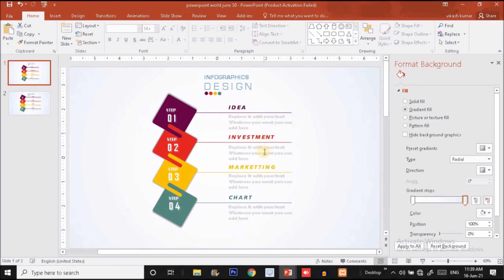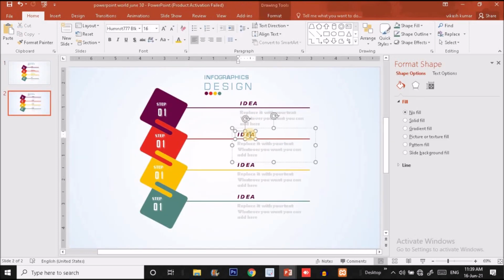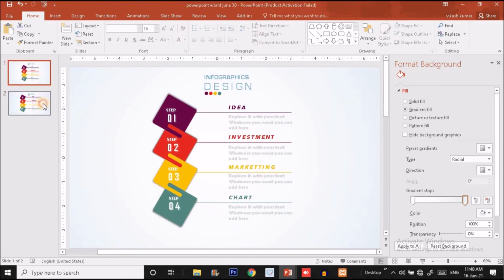So you can see here, investment, marketing and chart. So I'm going to do it. The second one is investment. Third one is marketing. Okay.